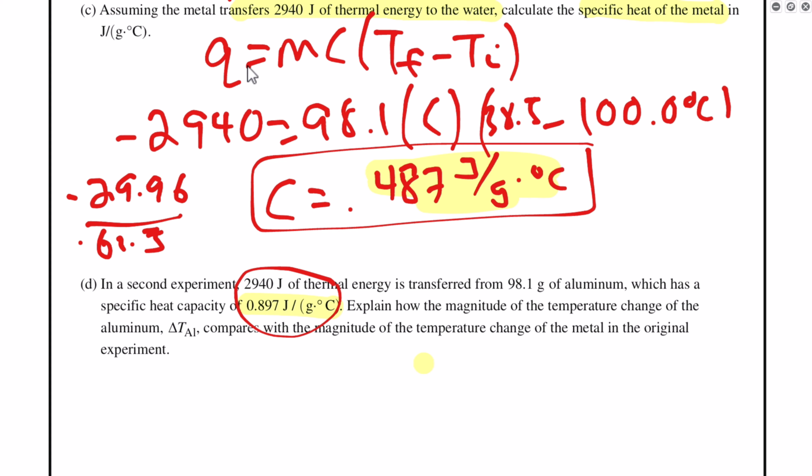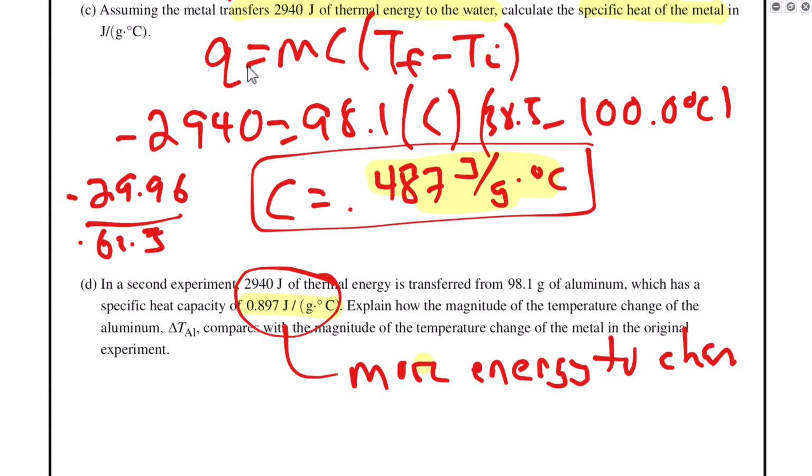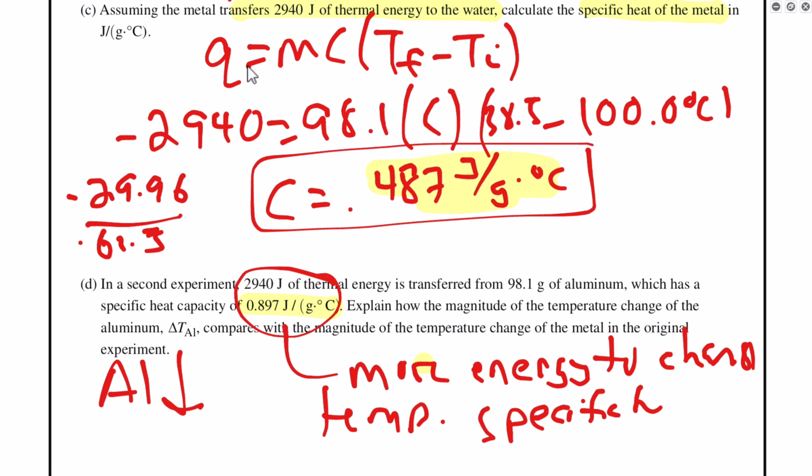Well, the specific heat capacity here is greater, right? Which means that it requires more energy to change the temperature. So that implies to me that the magnitude of the temperature change of aluminum is going to be lower than that. If the same amount of thermal energy is transferred and the specific heat of aluminum is greater, it's going to require more energy for the aluminum to change 1 gram of the material 1 degree Celsius. And so as a result, the temperature change of aluminum is going to be lower than that of the temperature change here. And again, that has to do with the specific heat of aluminum